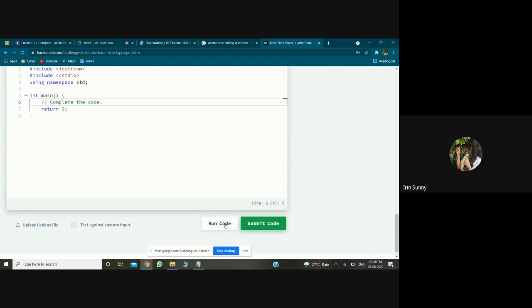When you run the code, your output will be against the test cases. There will be 3 test cases or 2 test cases, and it will be run against those. You get the output and you will come to know if your test cases are correct, if the code is correct or not, and then you can submit the code. This is the pattern of how the coding exam is going to happen. You can practice some questions here. We can directly take past years' exam questions and practice.